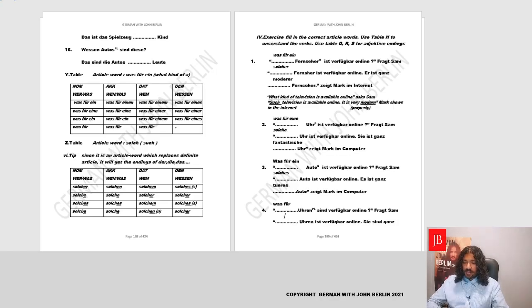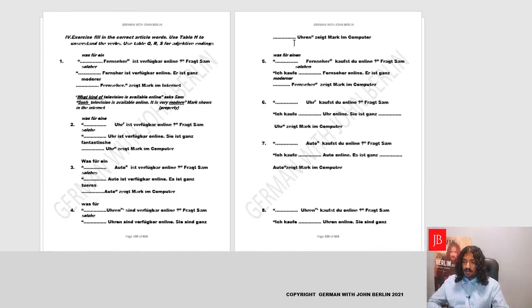Now such watches are available, again to the second table, nominative, subject, plural, solcher. We'll write solcher Uhren sind verfügbar. Yes, not ist. Sind are available online. They are very, let's find out. Uhren shows Mark im Computer. They are very, let's say,